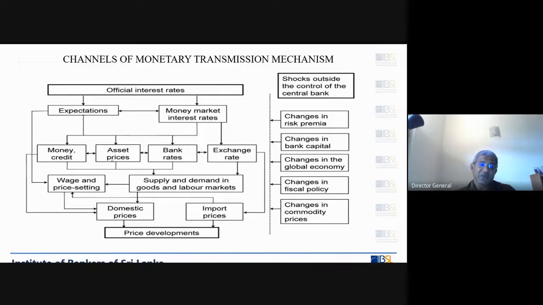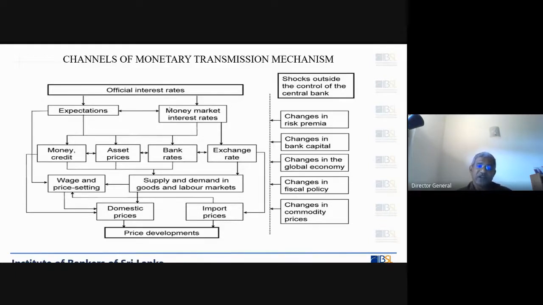Asset prices will go up, credit will go up. What happens to bank rates? Banks also will adjust their interest rates accordingly. This is the money market rate. Don't forget, this rate and this rate are different, because this is basically referred to. This refers to